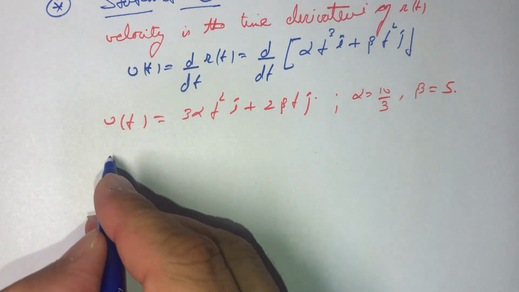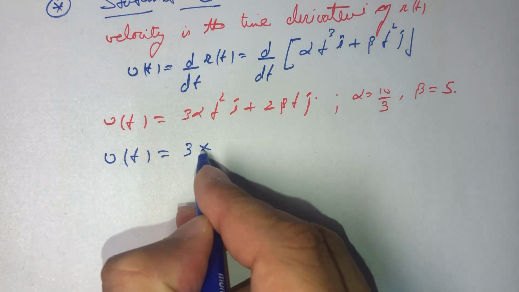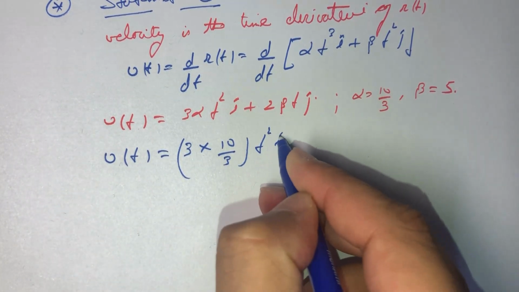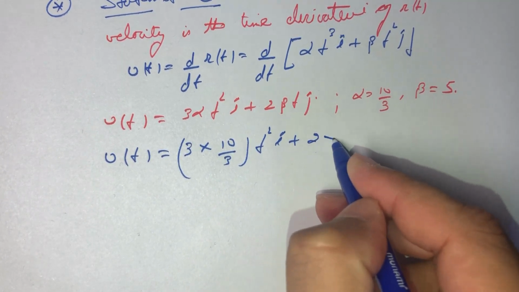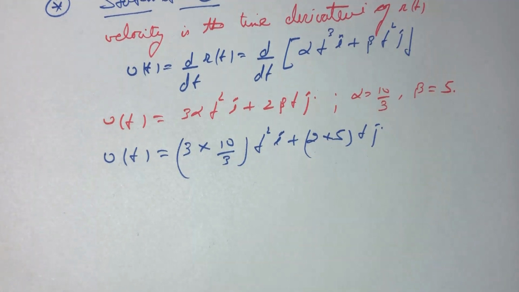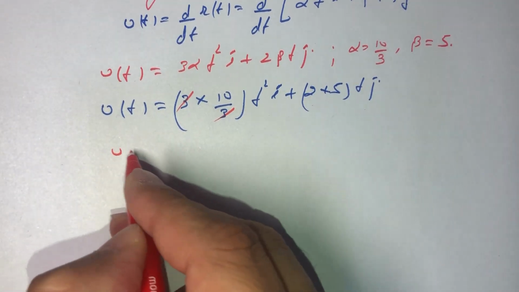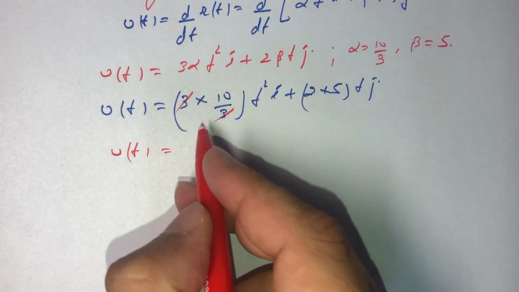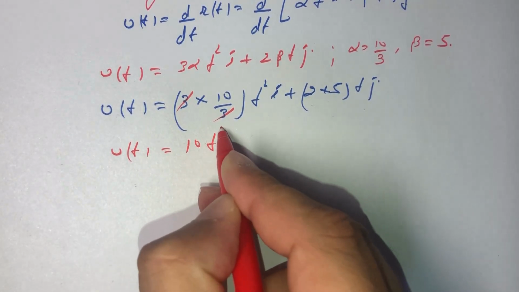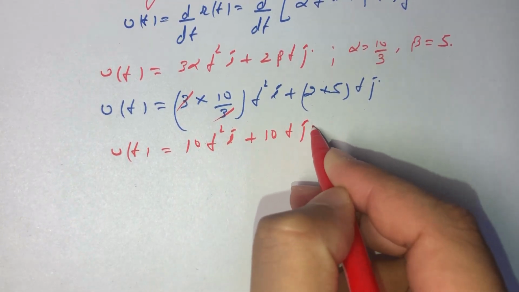So if we substitute the value, we get v of t is equal to 3 into 10 by 3 t square i unit vector plus 2 into 5 t j unit vector. 3 goes with 3, so we get v of t is equal to 10 t square i plus 10 t j,